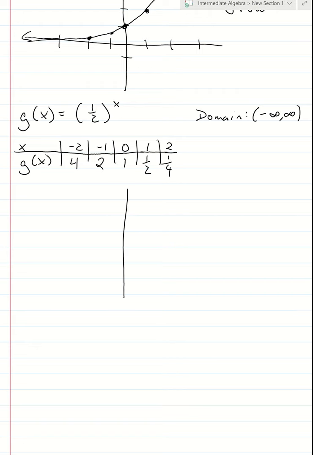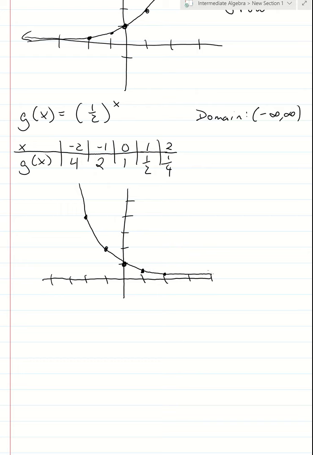And now let's see, when we go to our coordinate plane, what will this do? What will it form in terms of our graph? So we're going to plot points at (-2, 4). Then we'll need to put another dot at (-1, 2). Our third dot will be located at (0, 1). We will have to approximate the dot at (1, 1/2). And then lastly, we'll have to approximate the ordered pair for (2, 1/4). And when we connect these dots,